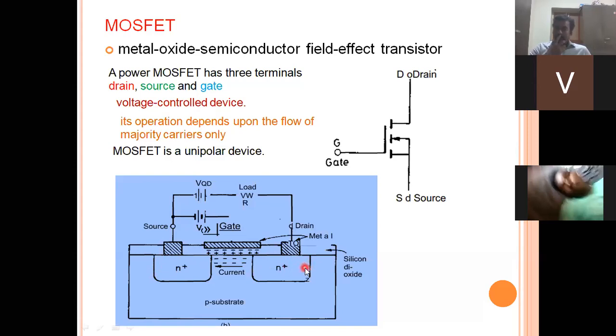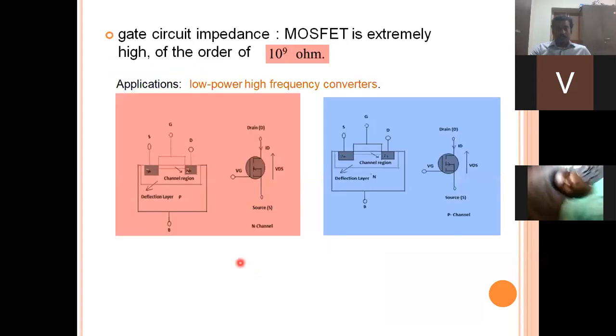If this is going to be provided with a P layer, that is a heavily doped P layer, then it is considered to be a P channel enhanced MOSFET. So you can consider the difference here in this representation. Here, the source and drain are going to be provided with an N channel, heavily doped N substrate. So this is nothing but considered to be an N channel MOSFET.